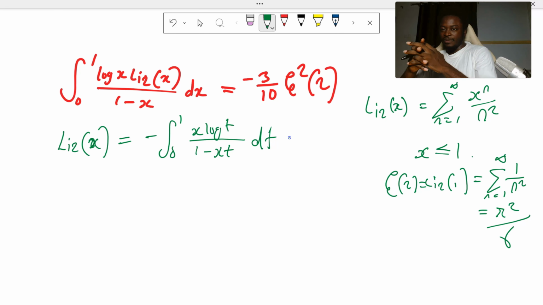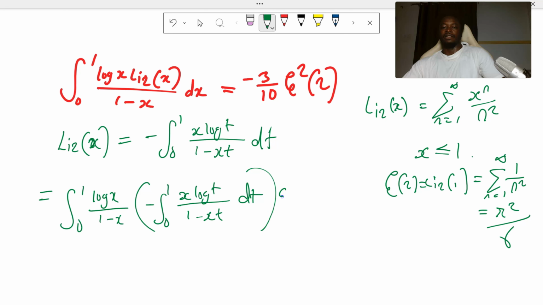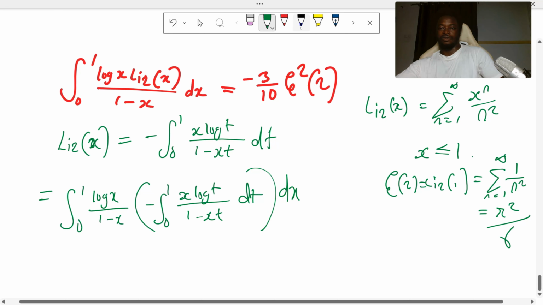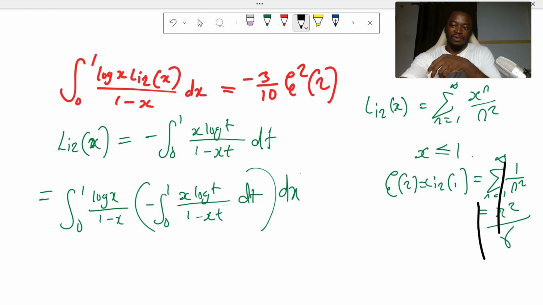Using this integral representation, we can now tackle this integral, because we can say this whole thing is equal to the integral from 0 to 1 of log x all divided by 1 minus x, multiplied by negative the integral from 0 to 1 of x log t all divided by 1 minus xt dt, then dx. We have not done anything strange so far. All that we have done is to make use of the integral representation of the dilogarithm function. Now, having this in mind, we can